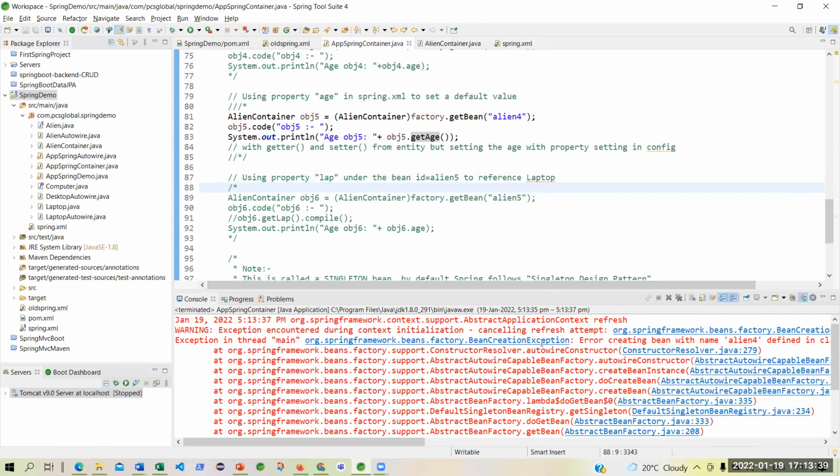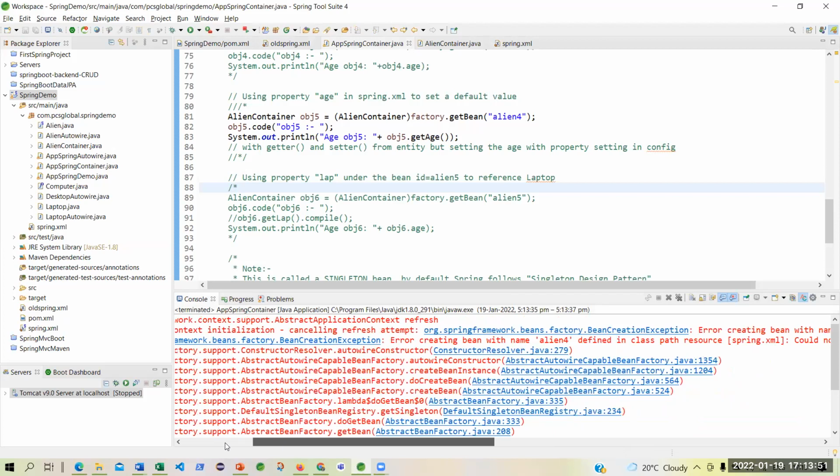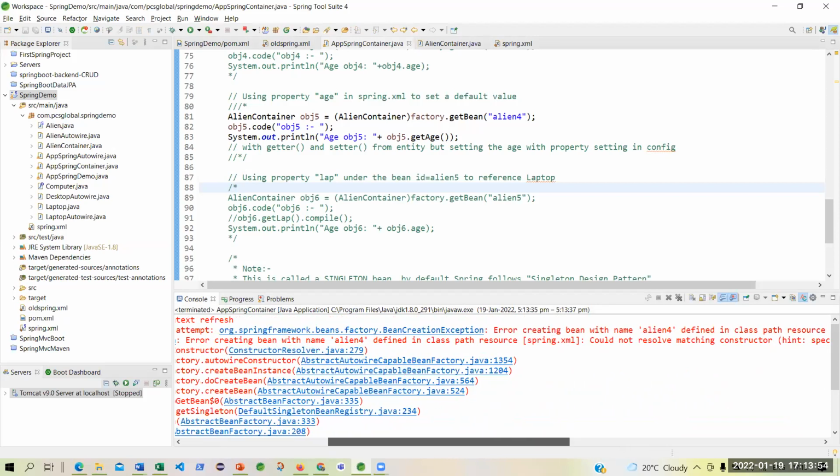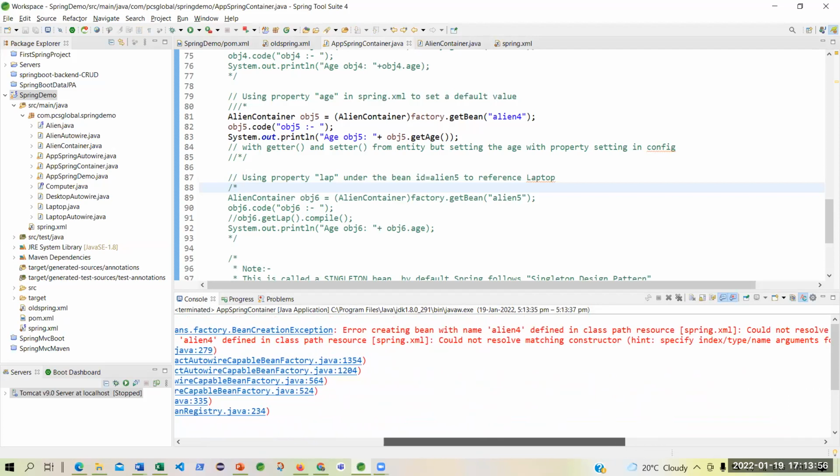Oh, it has given you an error: exception in thread main, error creating bean with the name align4 defined in class path resource, could not resolve matching constructor.